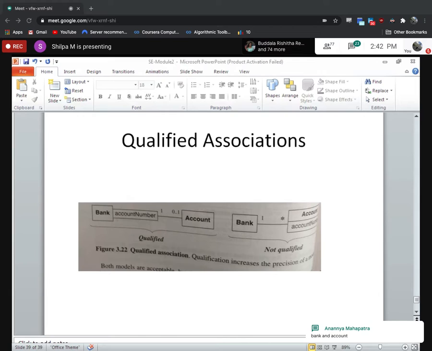Bank and account. Okay, Ananya, good. Bank and account. So, what is the multiplicity? How many instances of bank are dealing with how many instances of account? So it means that one bank can have zero or one account.